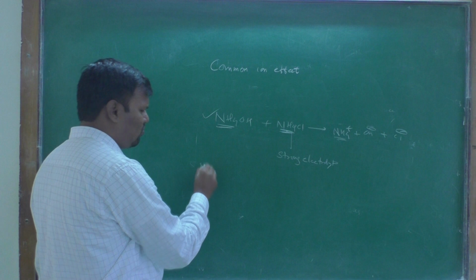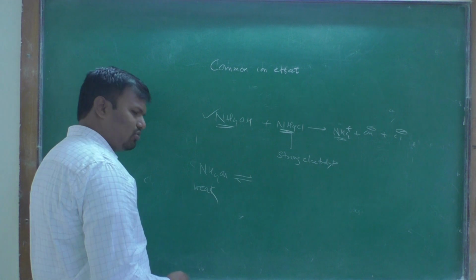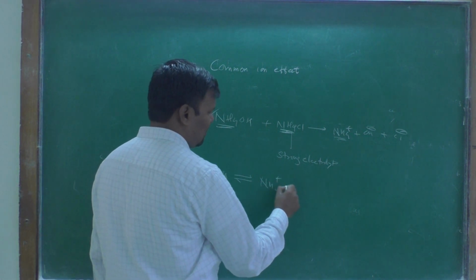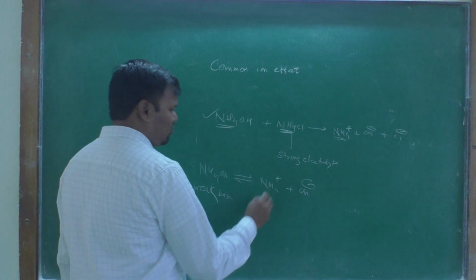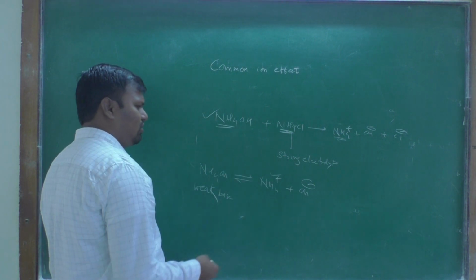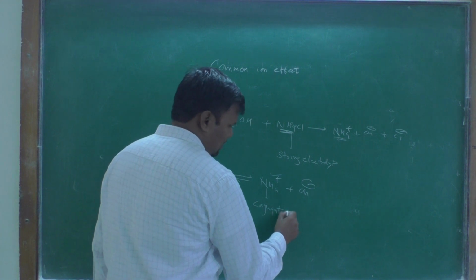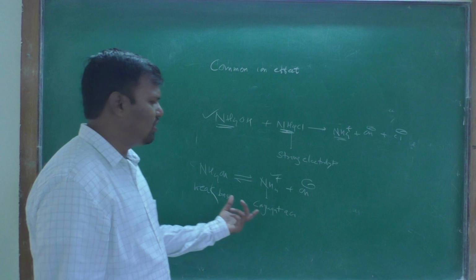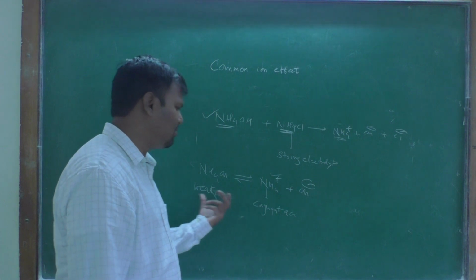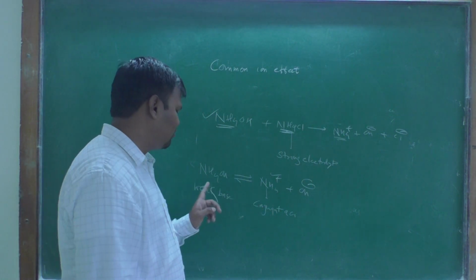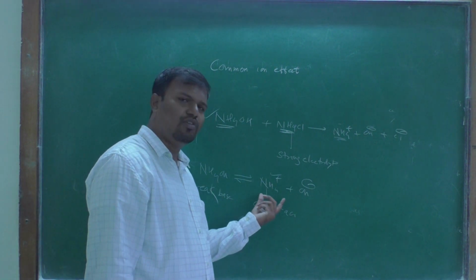Okay, remember, NH4OH is a weak base and it produces NH4 plus and OH minus. NH4 plus means it is an acid. From the weak base, after losing the OH minus, the positive quantity that remains is its conjugate acid. If it is a weak base, its conjugate acid is strong. If it is a strong base, its conjugate acid is weak. Remember it like that. If it is strong, it is weak; if it is weak, it is strong. Therefore, from the weak base, the conjugate acid obtained is a strong acid.